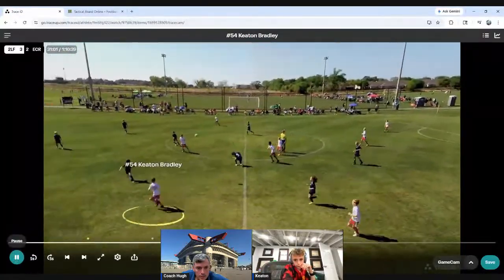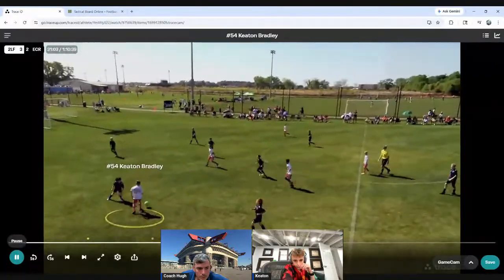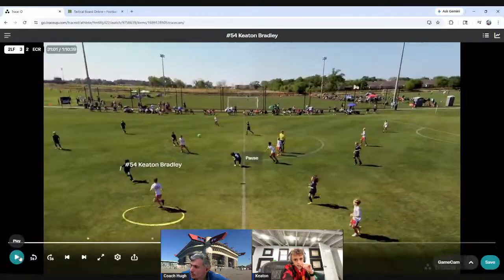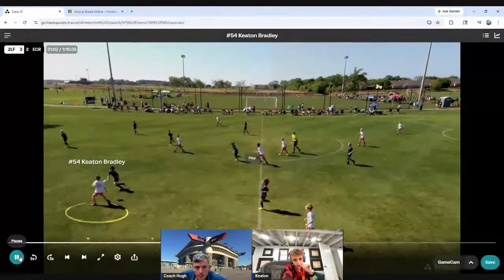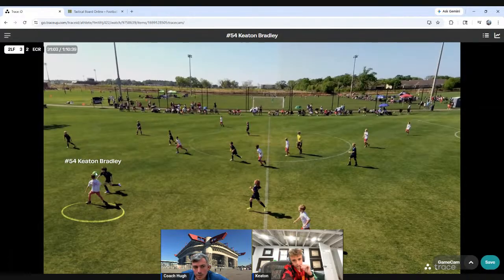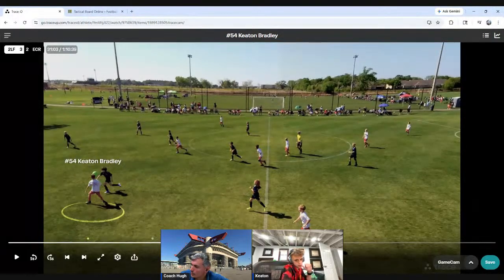Good. Decent little ball, Dill. So here, be physical. Be aggressive. On this bouncing ball, I would have spun my body between the ball and him and just boxed him out and just got control. You got Teagan behind you, or Winston. If you just box him out and take a touch to the ground, you can play him, and then we can reset back down the left wing. You with me? Yeah. You can protect this ball with your body.